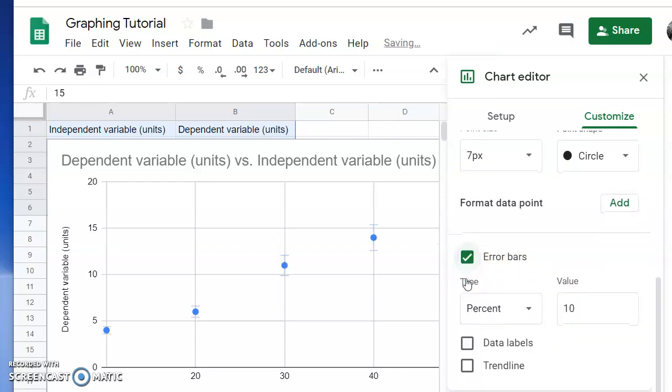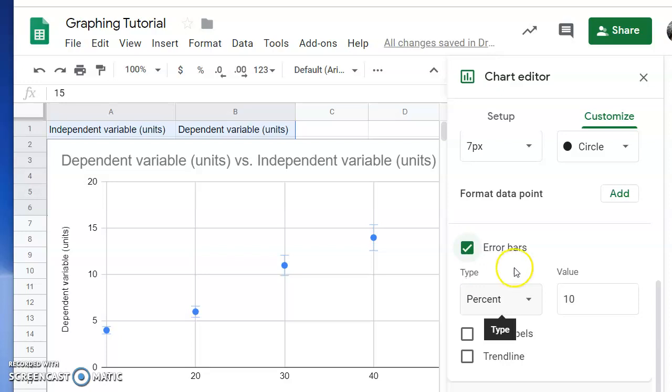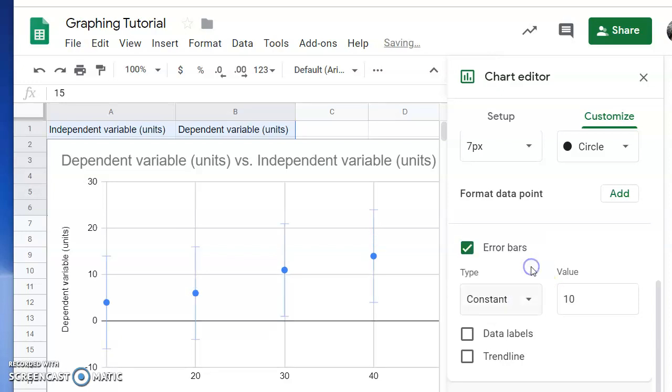For our graphs in this class, you want to turn on the error bars, and you want to change from a percent error to a constant error. You've got to think about your data to decide what the value of this error should be. This is the error in your dependent measurement, so whatever it was that you measured for your dependent variable, think about